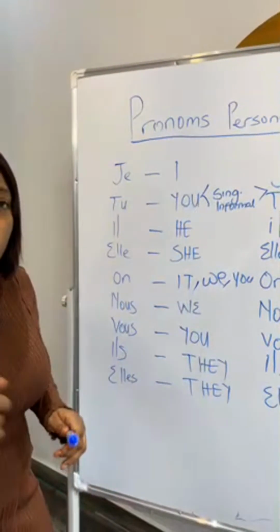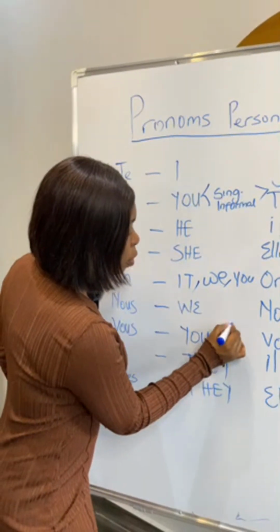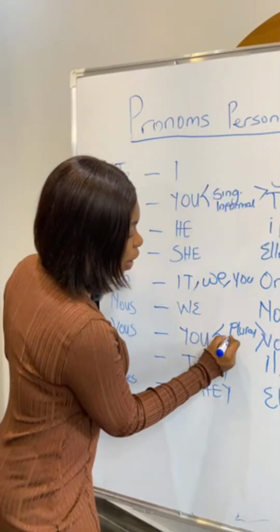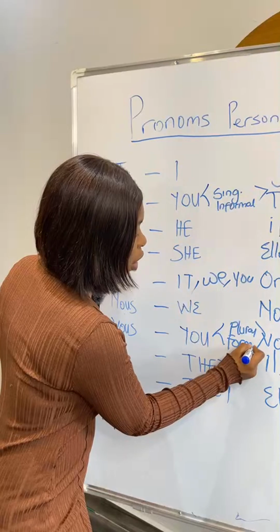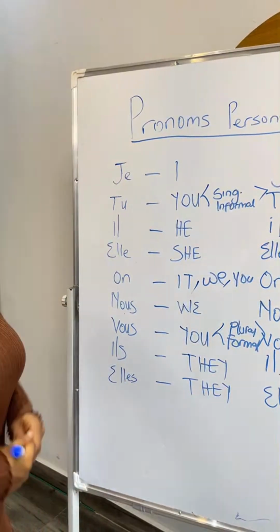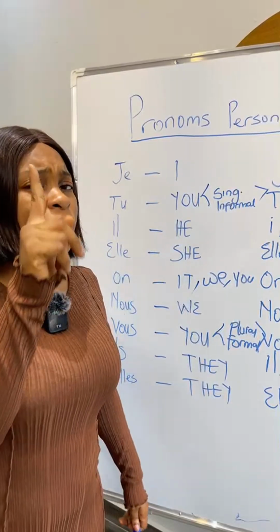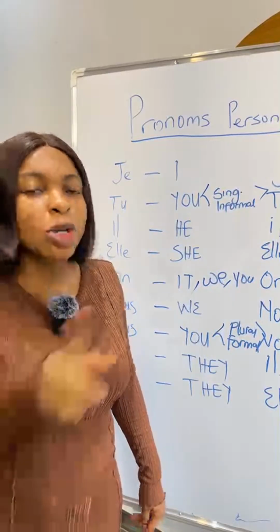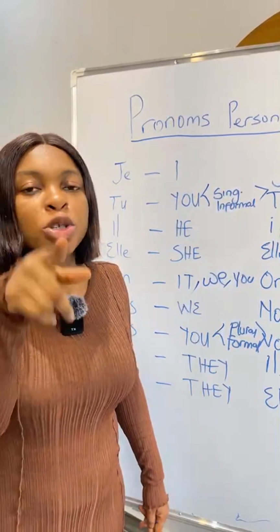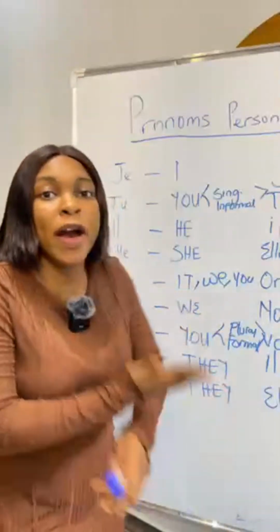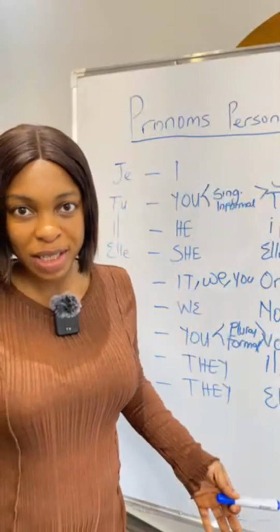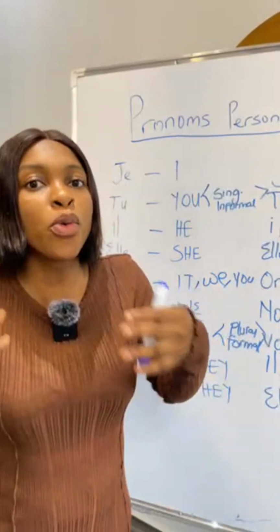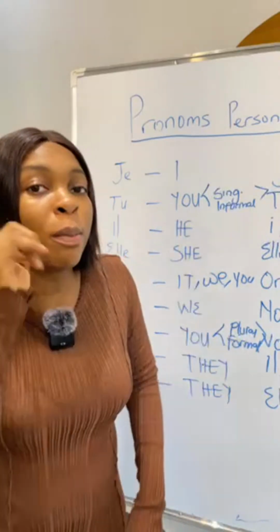So we'll use vous when it is plural, okay? And when it's also formal, okay? So what do I mean by plural? For example, you have you and your friend, and I want to ask you and your friend what you are doing. I don't use tu for you and your friend. I'm going to use vous. Why? Because it's plural. You are already more than one person. Do you understand? So we use vous for plural. I repeat, we use vous for more than one person.